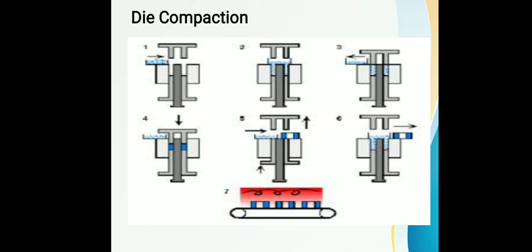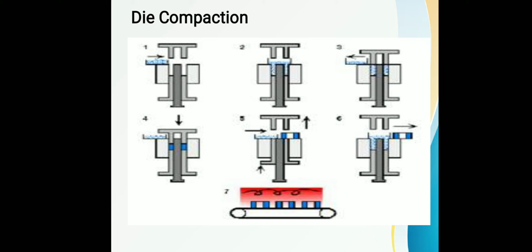Then in the fifth figure, we can see the lower punch moving in an upward direction, and the component, the pressed powder material, is ejected from the die, and the new powder particles are ready for feeding into the die cavity. And in the sixth figure, the next powder particles drop into the die cavity, and the powder product after die compacting is taken out.